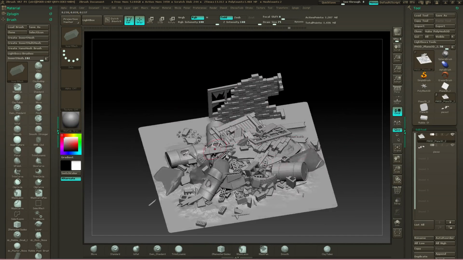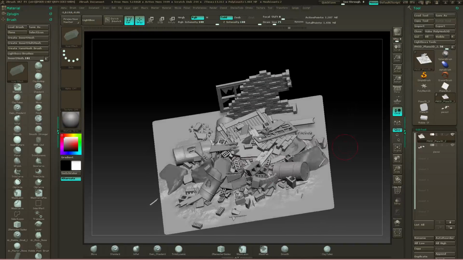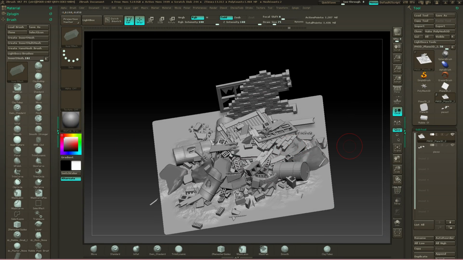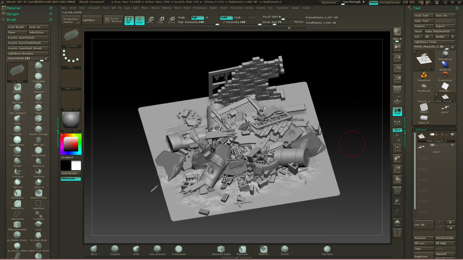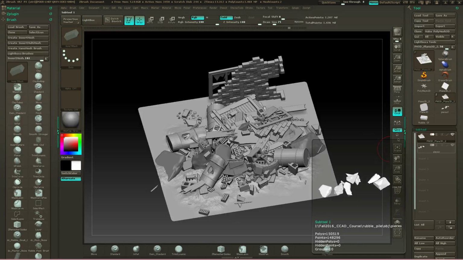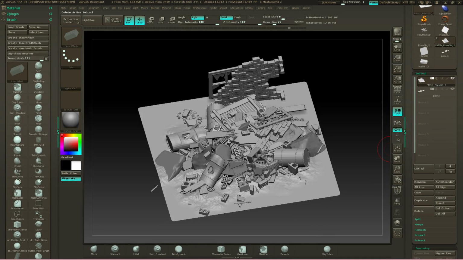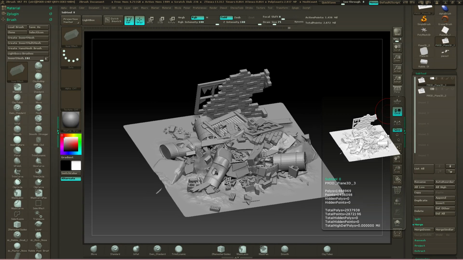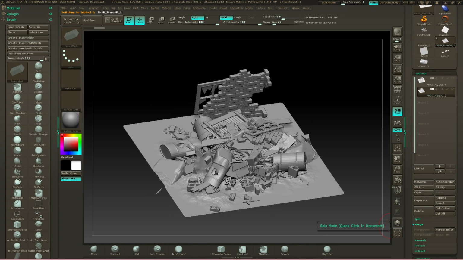Some of this stuff was probably a bit too big, but you would basically remesh all of this stuff and then do a normal map, project your texture back on. I can merge this down. I'm not going to go through the whole normal map process because that's another demo. But just to give you an idea of how you could start with this,